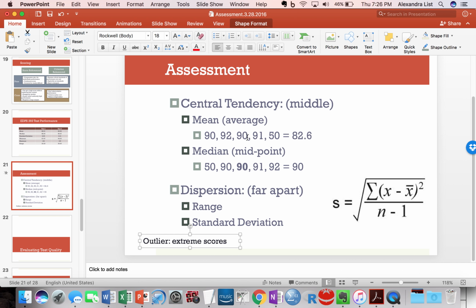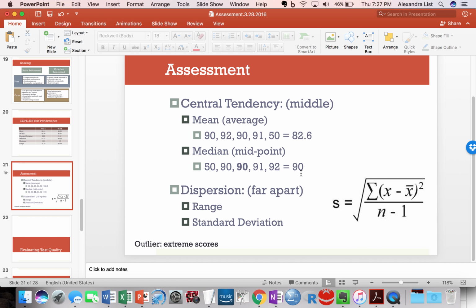And as you can see, the mean is heavily affected by the outlier, whereas the median is not. And formulaically, you can see why that's the case. Because in the mean, the fact that there's a 50 here is taken into account when we compute the mean. It's one of the numbers I add into my formula. Whereas when we talk about the median, 50 is there, but it's just the lowest value. It's not added into the computation. And so that's why the median is sometimes a better measure of central tendency, because it's not as influenced by